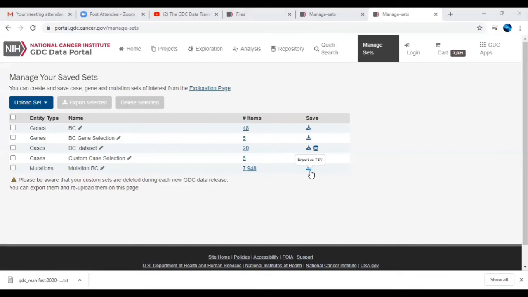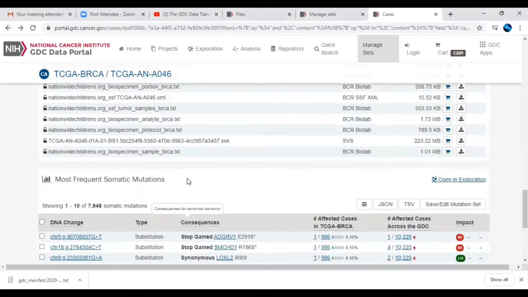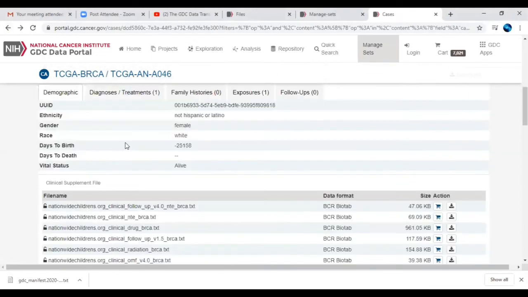So here you can see you can download this data set in the form of TSV format. So why do we actually need to download those files? We need to download those files to study different data sets with respect to different cancer types, and we can use those data sets for our further cancer type studies by using different file formats or by using different databases and tools to visualize and analyze those data. So I will move towards here. We have studied only a particular cancer type.